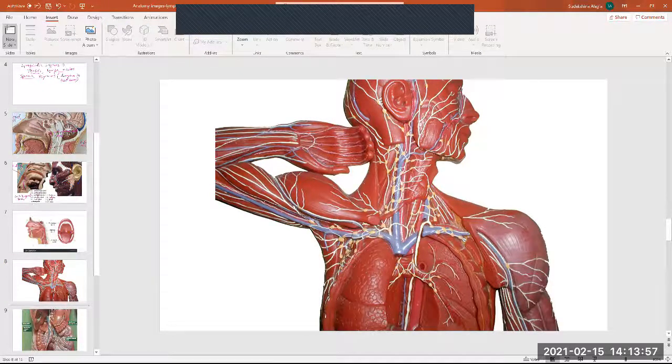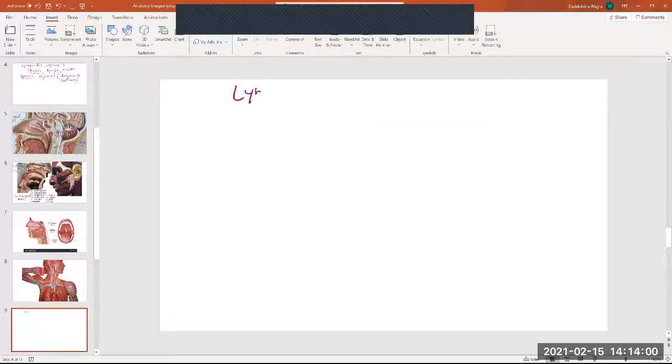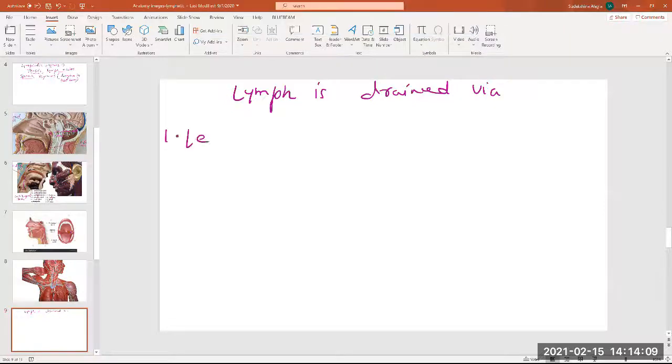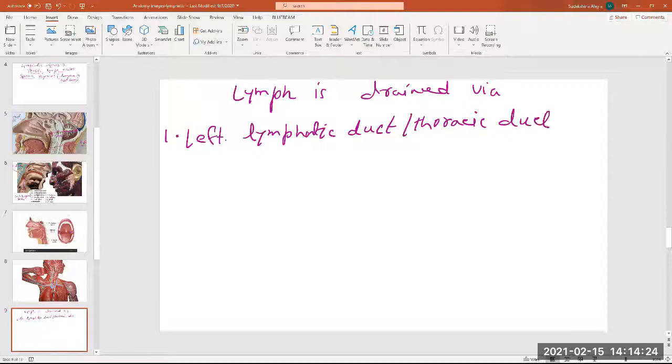So lymph is drained via all your body's lymph. Entire body's lymph is drained via one is a left lymphatic duct. It's also known as thoracic duct. And then there is a smaller right lymphatic duct. So left lymphatic duct is draining from